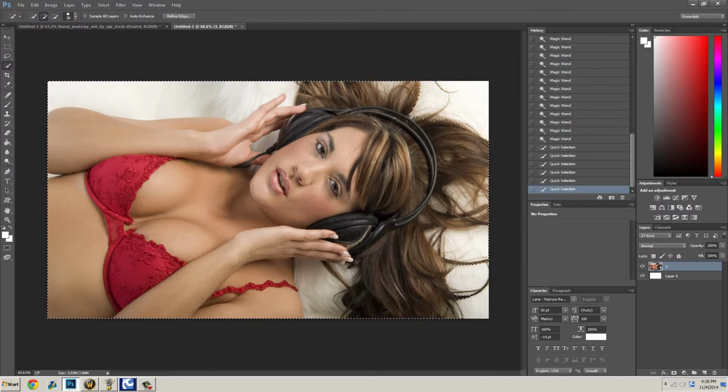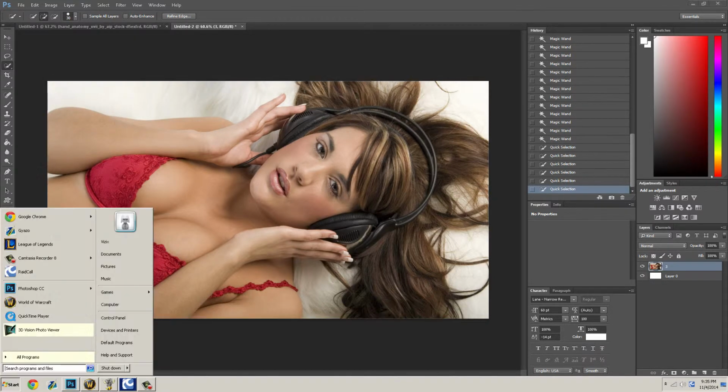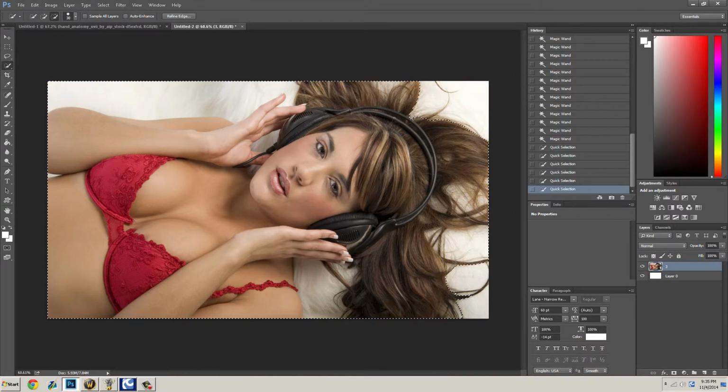Now, there you go. Just hold Alt, and this way I get the subtraction. I'll subtract with the quick selection tool and just take away some places which you accidentally clicked or whatever. Alright,